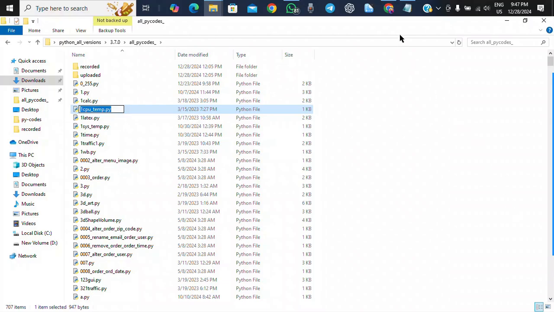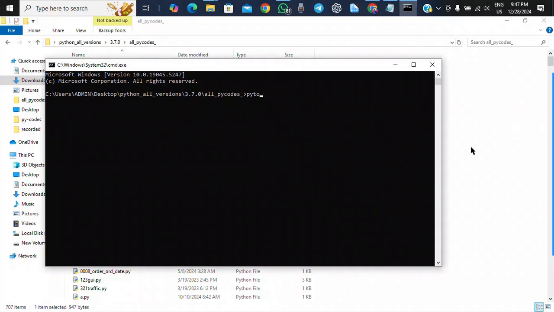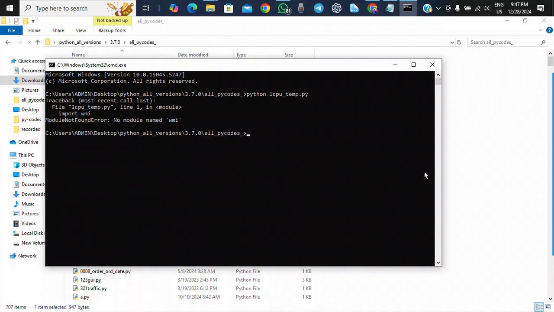Copy the file name. WMI is not there. We installed WMI for the 3.6.2, not for the 3.7.0. So one more time I am explaining to you, we have to install each and every library for each version of the Python. It won't take automatically or it won't work if you are switching the Python versions. So what we have to do, we have to install